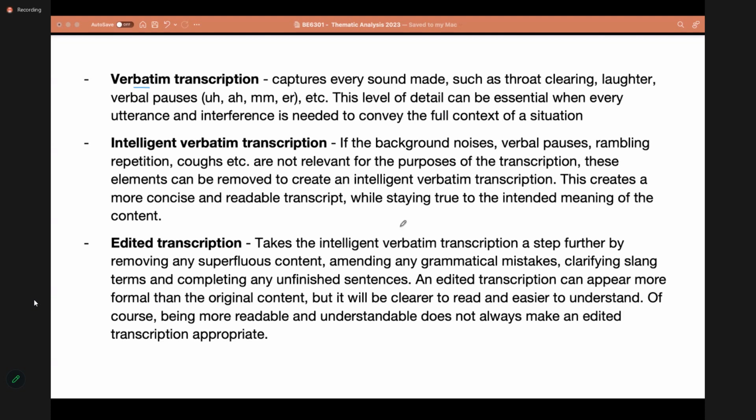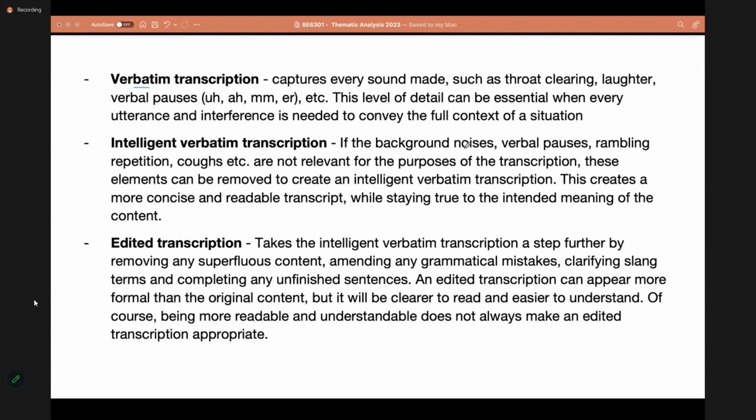If background noises, pauses, coughs, those things, are not relevant to the purposes of your research, we can eliminate them and come up with a more concise, readable transcript.